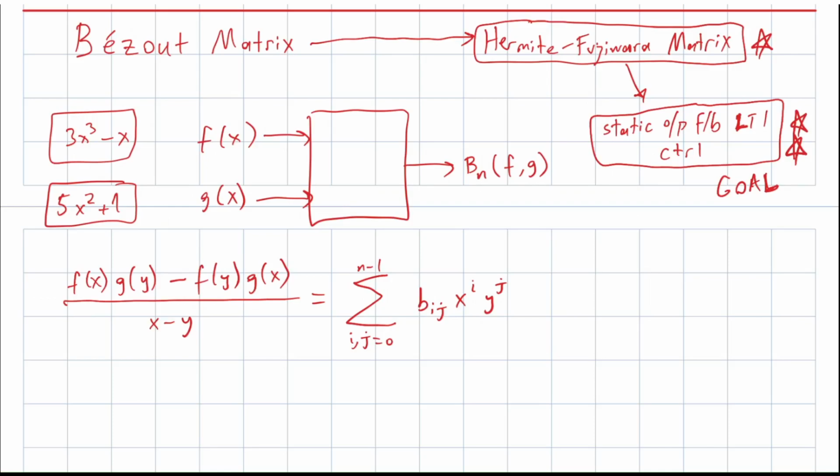Okay, all right, Bézout matrix. You have two polynomials, right? This is some type of machinery or some type of formula that we are going to talk about now. And you are going to give me two polynomials, and then this machinery will give us some matrix, for example,